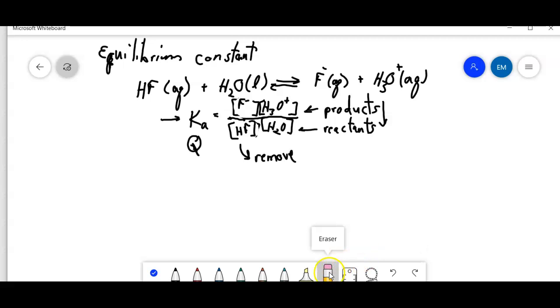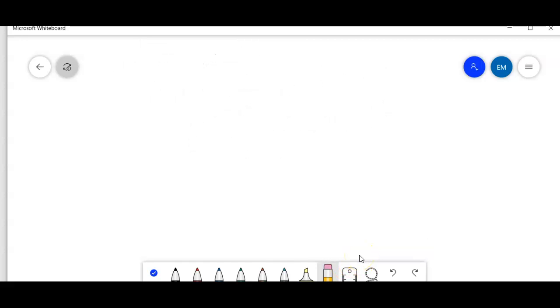Wait. How do you get to clear? There we go. Clear canvas. There we go. Okay, this is going to be